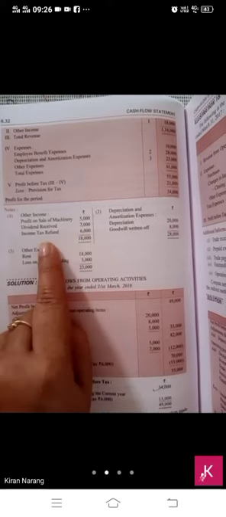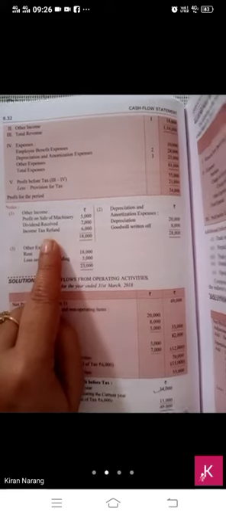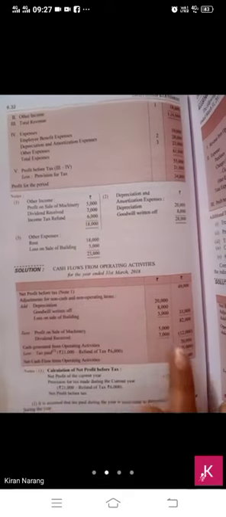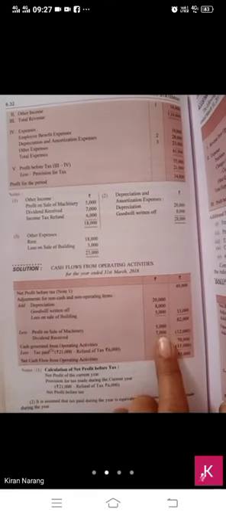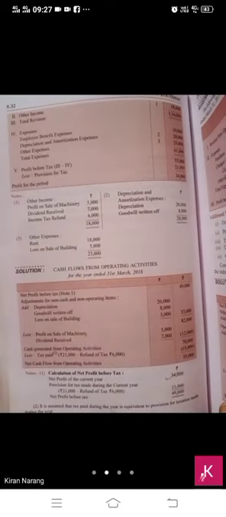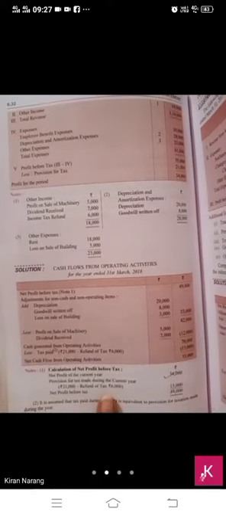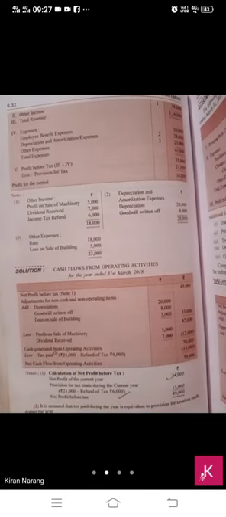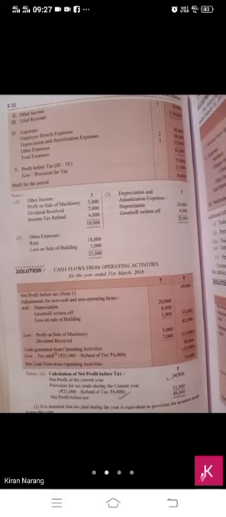Beta, income tax refund is always shown in the working note. So we have to make a working note. Profit and dividend we will subtract from here. But for refund of income tax, we have to make a working note, and in that, we will subtract refund of income tax. Only one item which is subtracted from the working note is refund of tax.